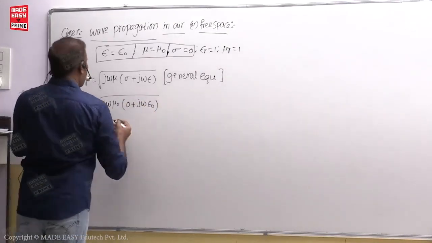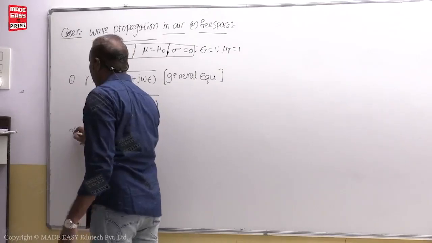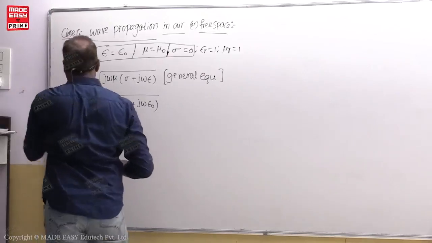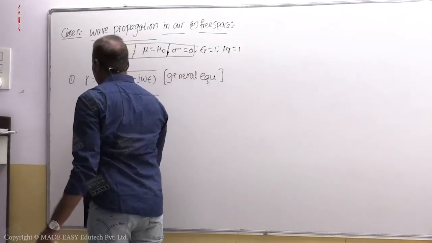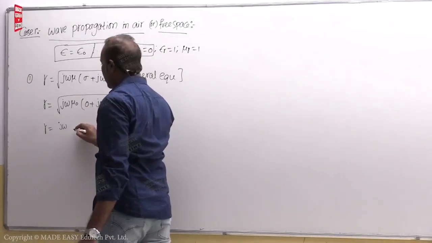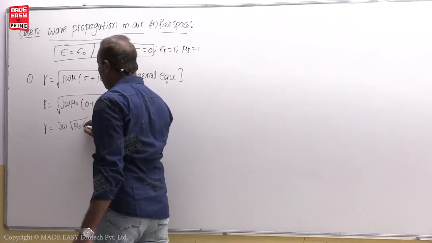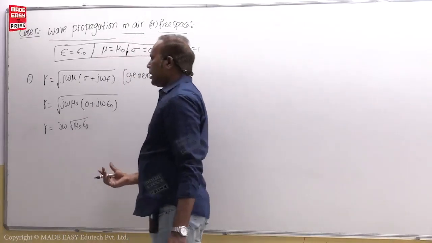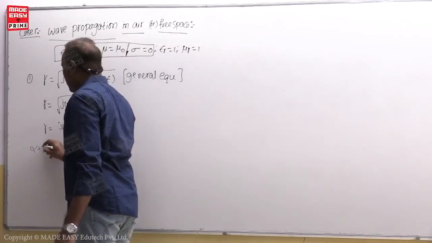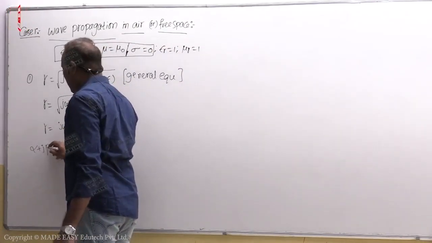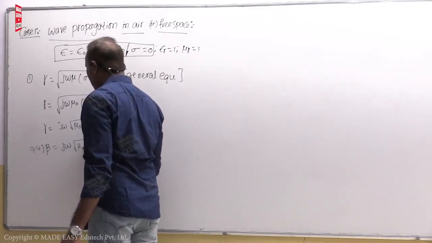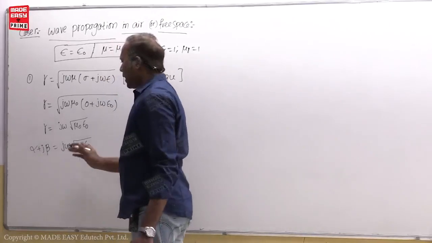So now gamma becomes, I will write one more step, students, gamma is equal to the root of j omega into j omega, so out of root, j omega comes root mu naught epsilon naught. Actually it is a lossless medium, and gamma is equal to alpha plus j beta, that is equal to j omega root mu naught epsilon naught. You compare both sides,